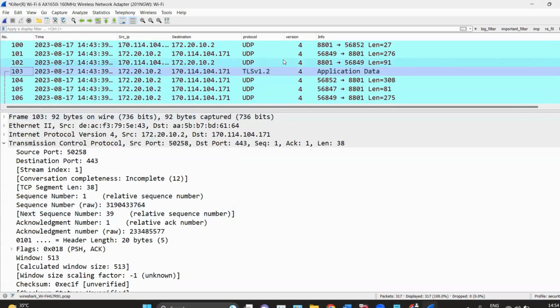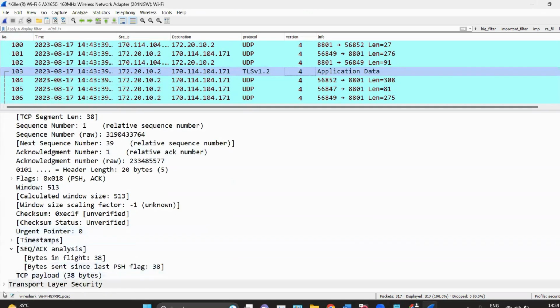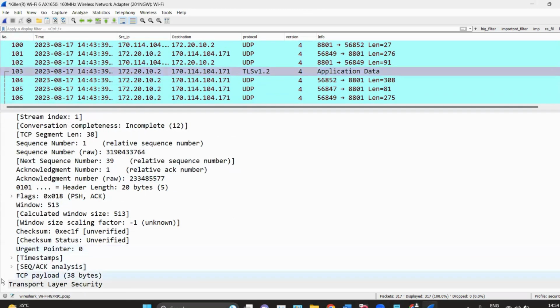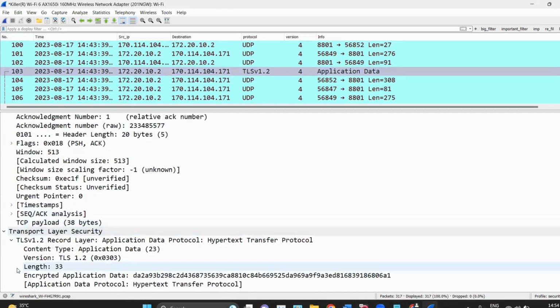Let's say when you click on this application data and when you click on this sequence TLS and this one,